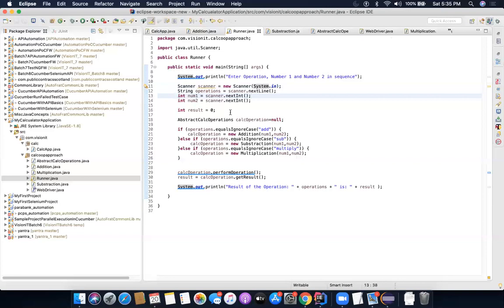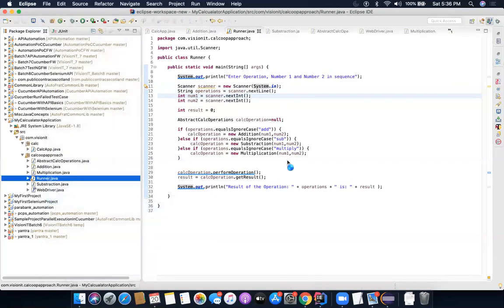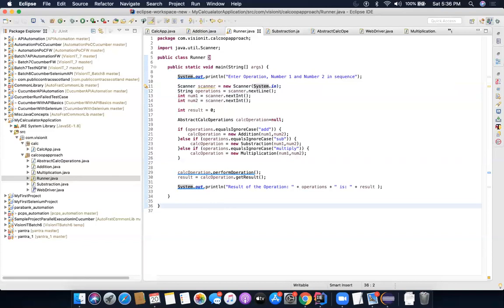Then you can do a lot of things like debugging and all that, which we'll not try to cover today. This was just to tell you how to find out which line you got the error. So let me just run this again, run as. So I will write multiply, then 3 comma 4, it's giving me 12. So everything is working just fine, right?